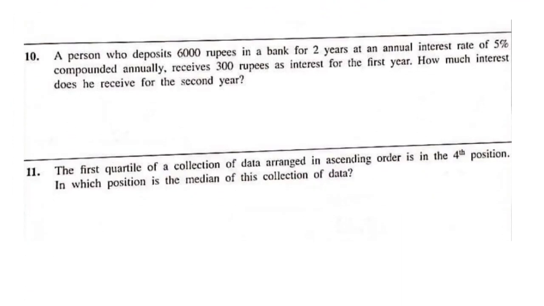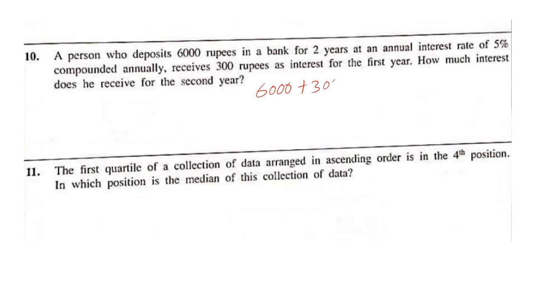A person deposits 6,000 rupees in a bank for 2 years at an annual interest rate of 5% compounded annually and receives 300 rupees as interest for the first year. How much interest does he receive for the second year? So we'll get it this way, right? So balance for the second year is